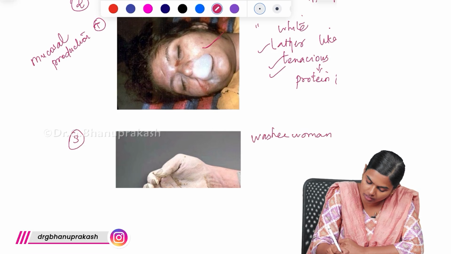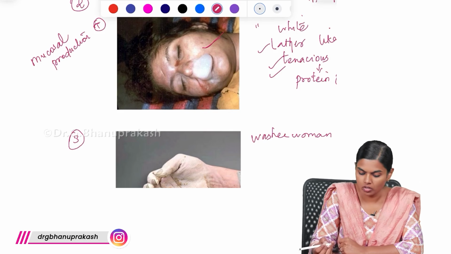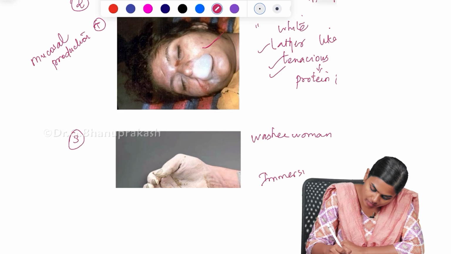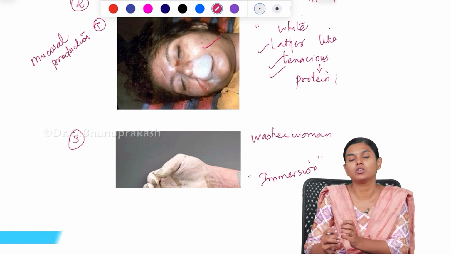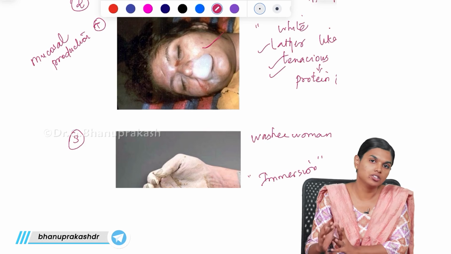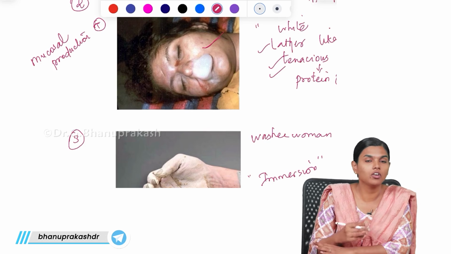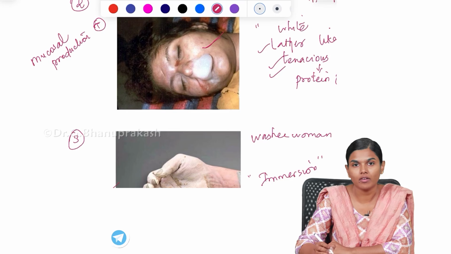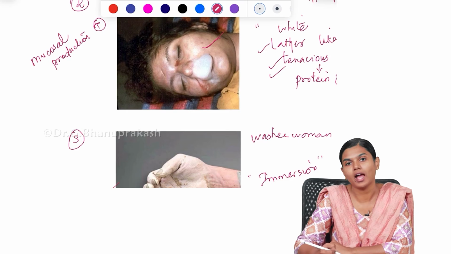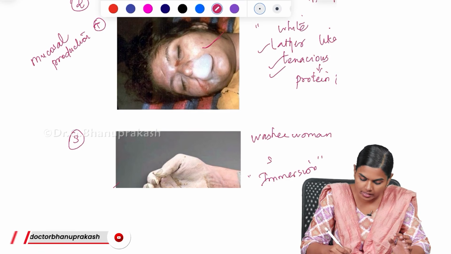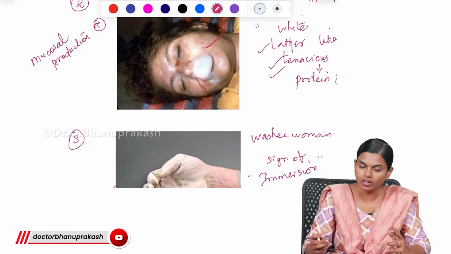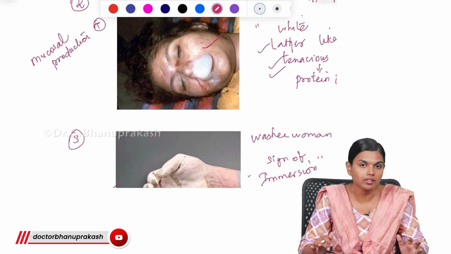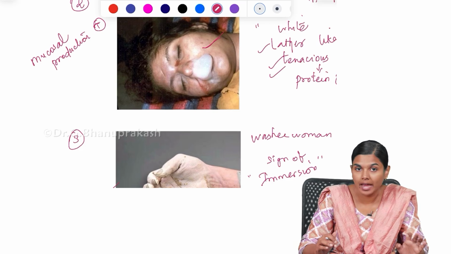And next to that, you will get to see some non-specific signs, that is washerwoman hand and feet. Here, just because of immersion, it doesn't mean the person was alive or dead before immersion. The body just has to be immersed in water. Even if you are alive, if you put your hand inside water for some time, you will get these kinds of findings. This is known as washerwoman hand or feet. So this is simply a sign of immersion. From this you cannot say whether it is antemortem drowning or postmortem drowning. You can only say that the body was recovered from the water.